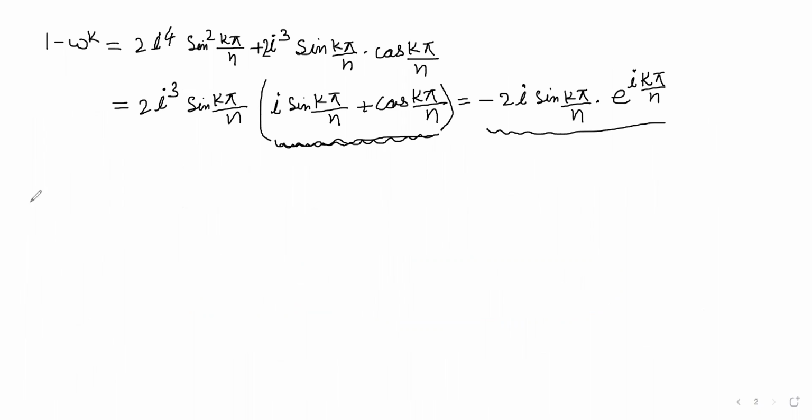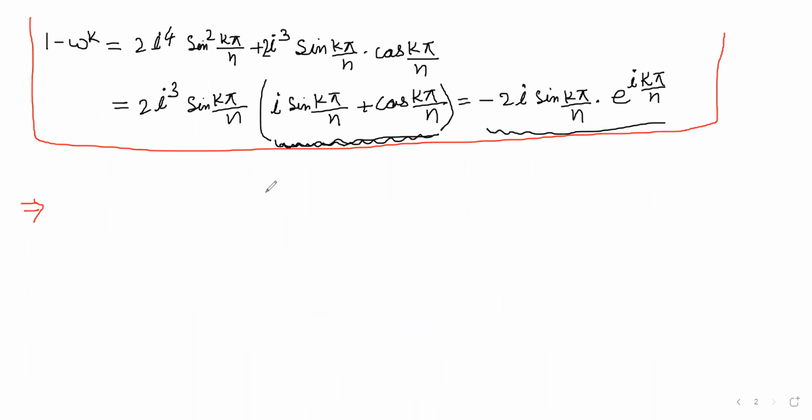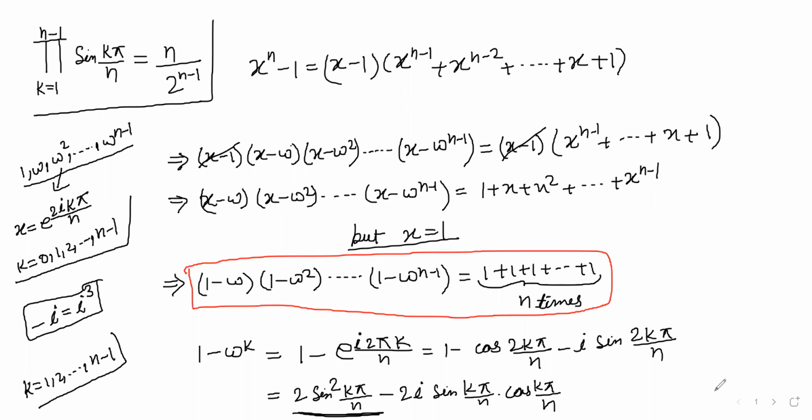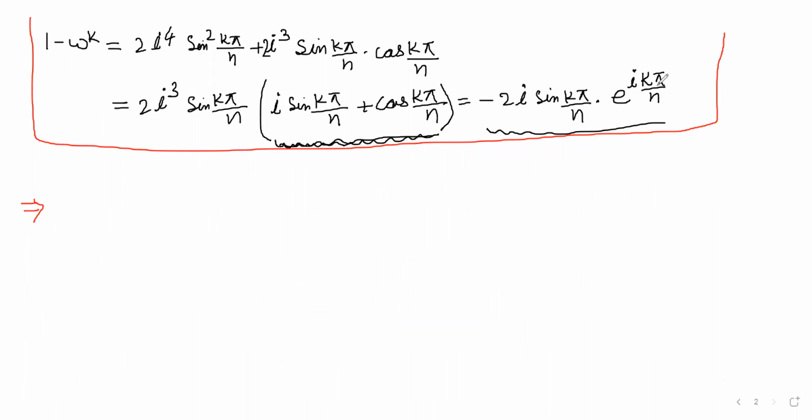So in the next step, put everything in bracket. Okay. In the next step, what I will write, you can notice you can put k is equals to 1, k is equals to 2, so you will get every bracket. So you will get 1 minus omega as putting k is equals to 1,